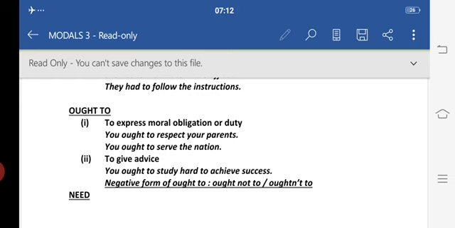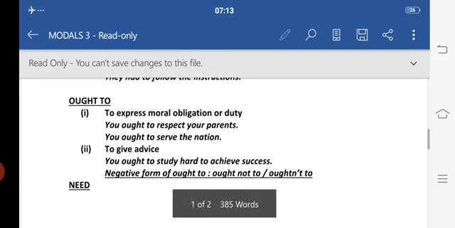For example, I'll tell you one example. There ought to be a speed limit here, right? This is a sentence. There ought to be a speed limit here. It means यहाँ एक speed limit होनी चाहिए. Now I have to put a question tag for it. As you see, this statement is positive, so the tag must be negative. So we will not frame a tag with ought not to, we will write shouldn't there, right? So this is how we can use ought to.